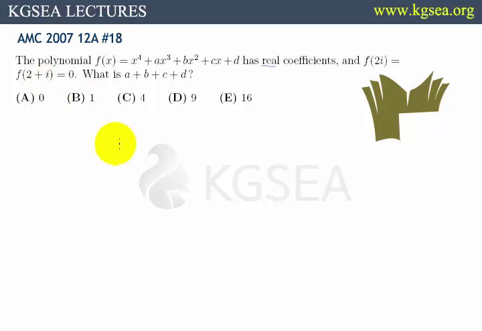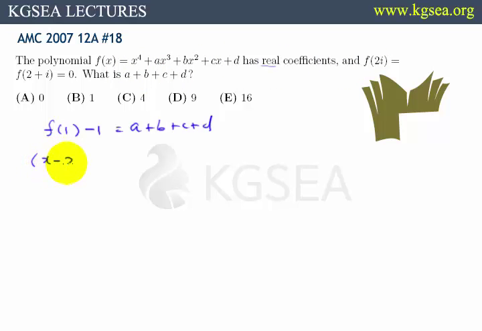Okay, so now they want to add these. You know what to do to get that. F of 1 minus f of negative 1 is what we want to do, right? But what was the function? That would give me a plus b plus c plus d. But what was the function? The function was this. But they told me what the roots are, so I can rewrite this function as